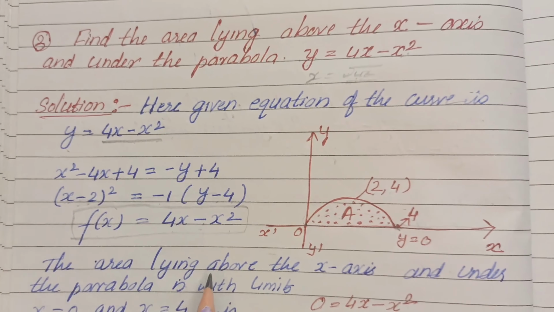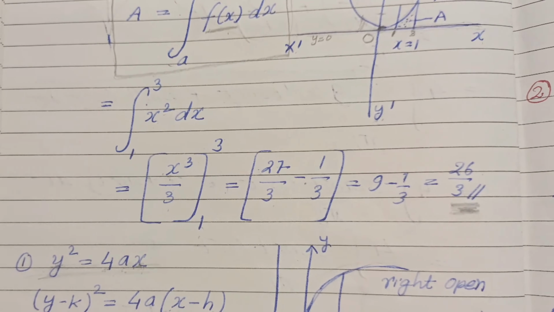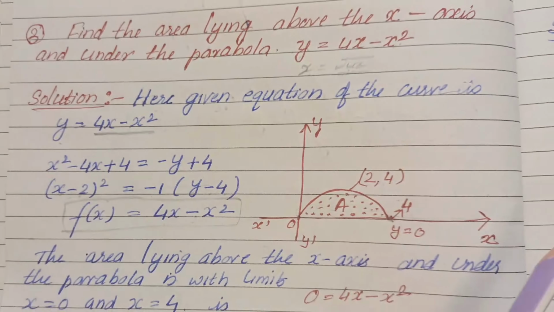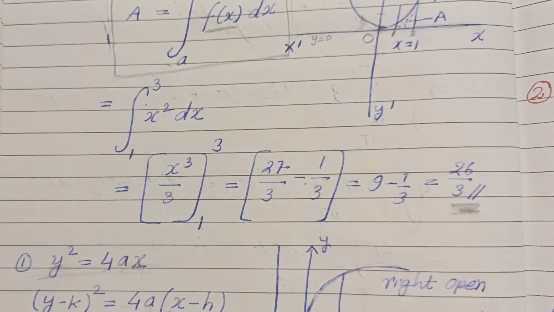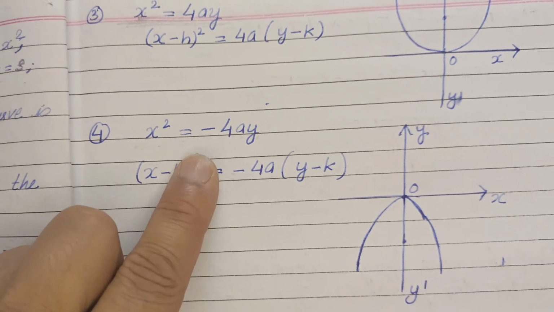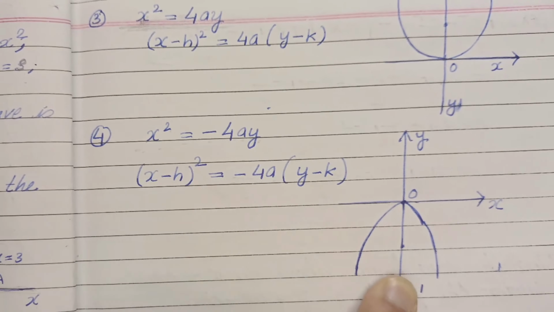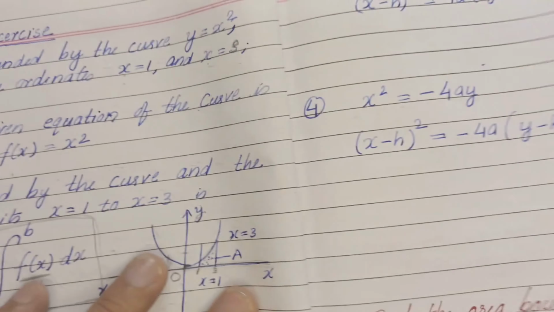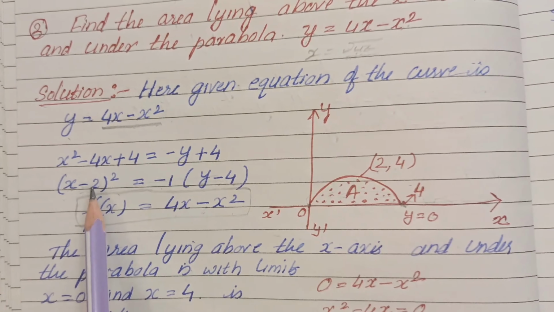If you want to know in more detail, you have to study the graphs that have been predicted here. Those graphs give this kind of thing. Here it's giving -4y, so it's something like this curve. Remember this one, x square is equal to -4a y, and here you got (x minus h) whole square is equal to -4a (y minus k). So in this case the graph is this way. This question is similar, so x minus this is let's say h, and this is k.